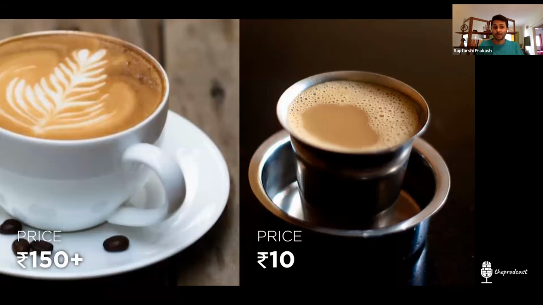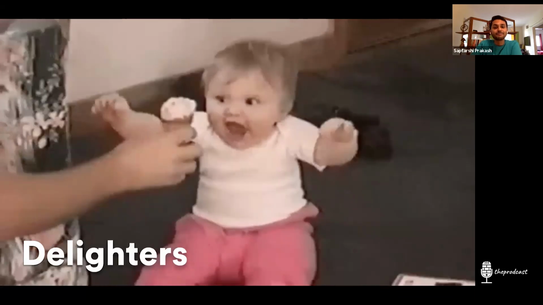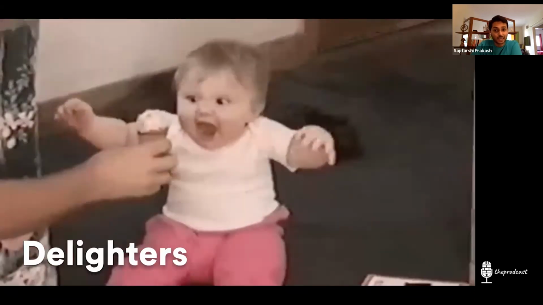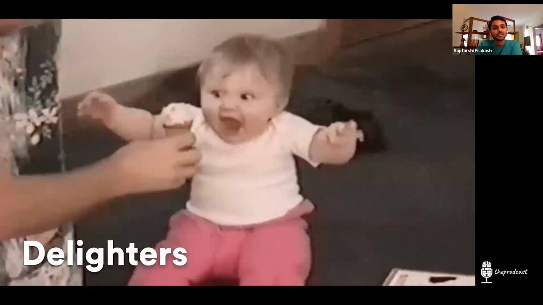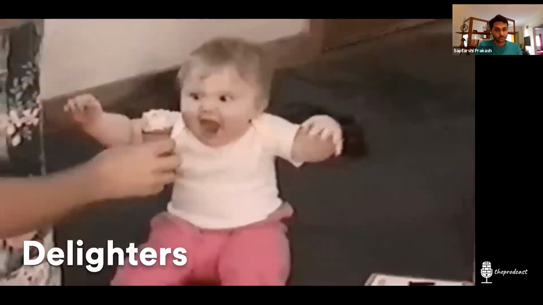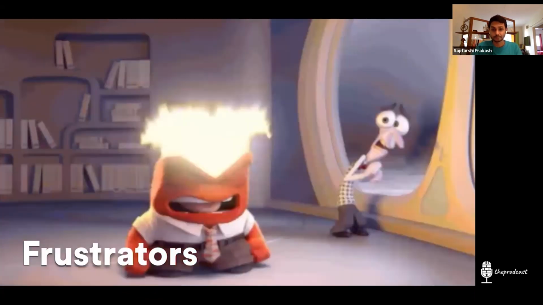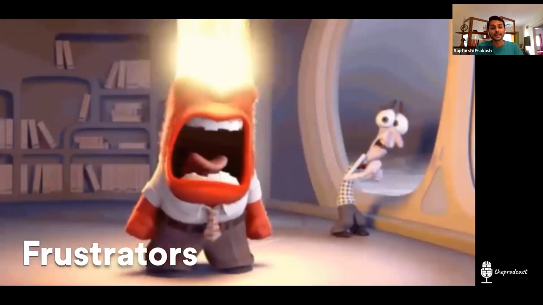Like, for example, if I'm on a date, I'll have the coffee on the left side of the street. And if I've just walked out of the office and just want to have a coffee break with my office friends, I would prefer the filter coffee. So it depends on the situation, who the persona becomes, right? So that means the fancy things that you put over a basic thing could be delighters, but if your fundamentals are not right, or if you show the wrong thing, or if you give the wrong thing to the wrong user, then they can become frustrators, right? What can come as a nice thing, it doesn't take time for that to become bad.